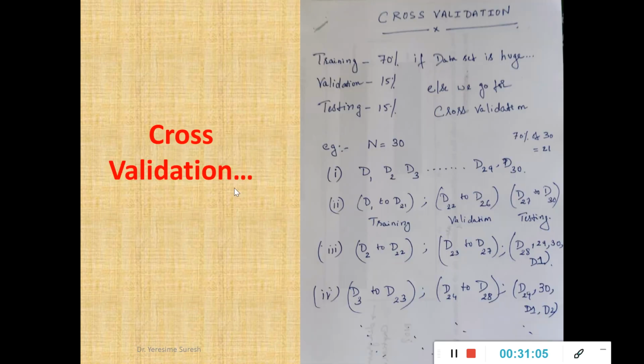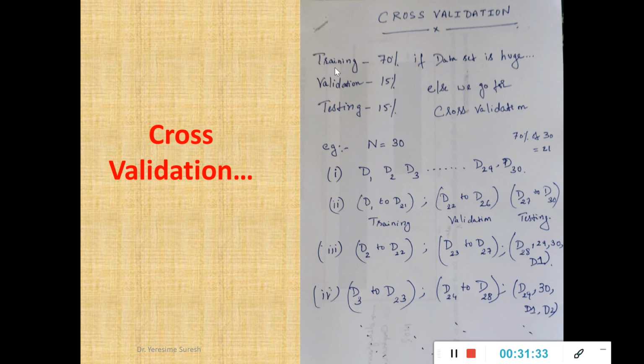Now we'll see a small topic which is very much necessary for the next topic mentioned in your syllabus, that is cross validation. We have already discussed what validation is when discussing the classification model. The data set used to verify whether the designed classification model is working correctly or not is called validation. And now I am talking about cross validation. What is cross validation? When will I go for cross validation?